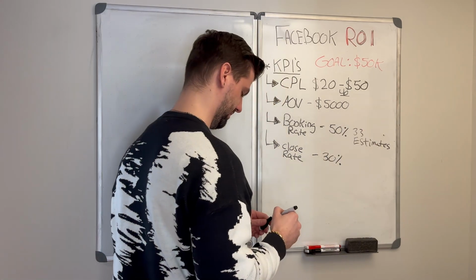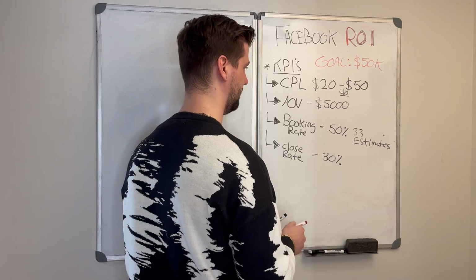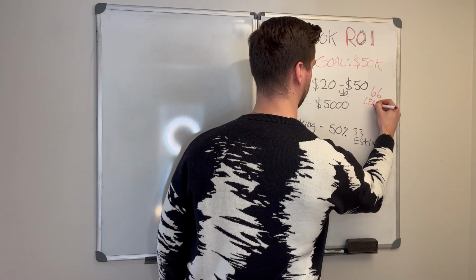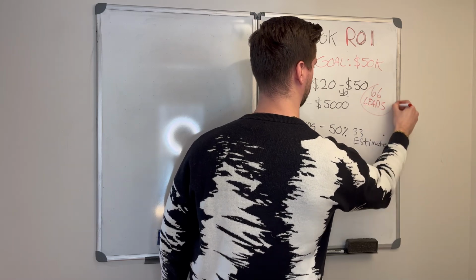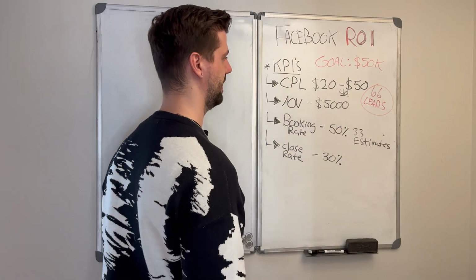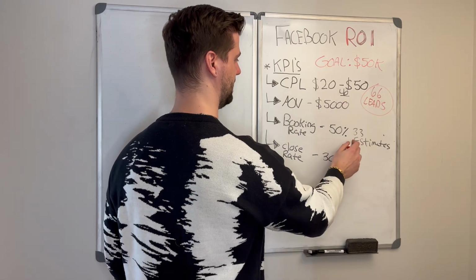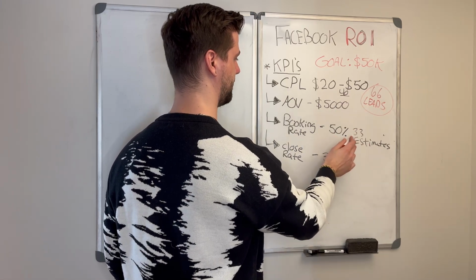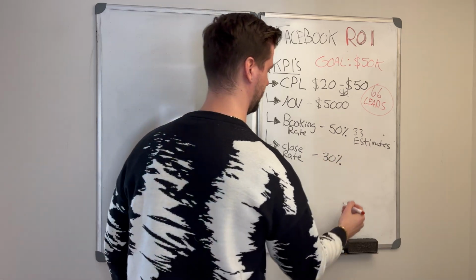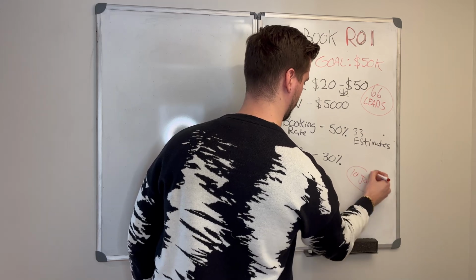So I'll put that number in red, actually. So we need 66 leads a month. And like I said, it's going to come in at $40 a lead, right? So 66 leads, $40 a lead. That means that we need 33 estimates, and 30% of 33, that's going to be 10 jobs, right? So we just work backwards,